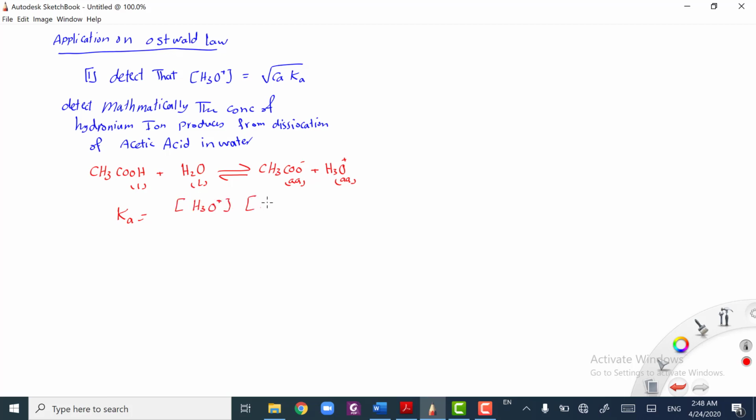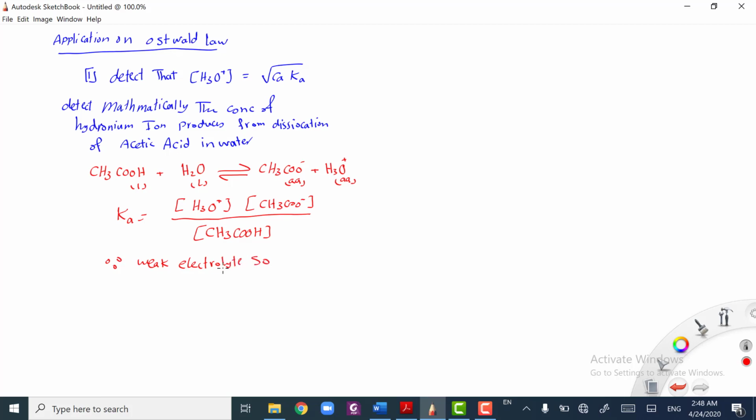The equilibrium constant or dissociation constant Ka equals the concentrations of the products, hydronium and acetate, divided by the concentration of the reactant. But we neglected, in calculating the dissociation constant, as we said before, the liquid water, and the solid substance. I said liquid water, not any other liquid. Since it is a weak electrolyte,